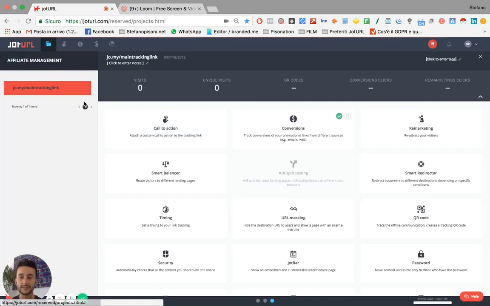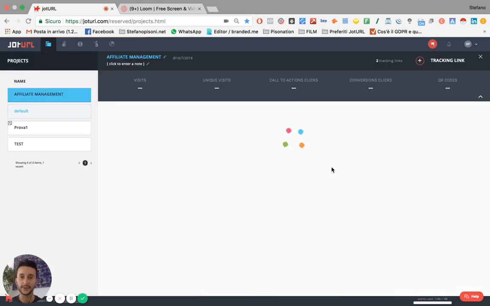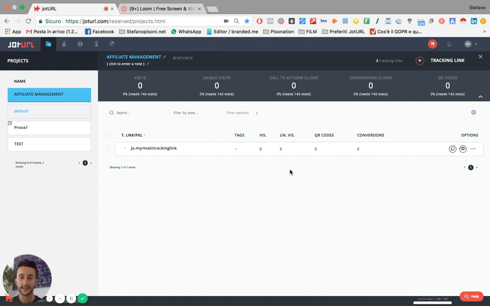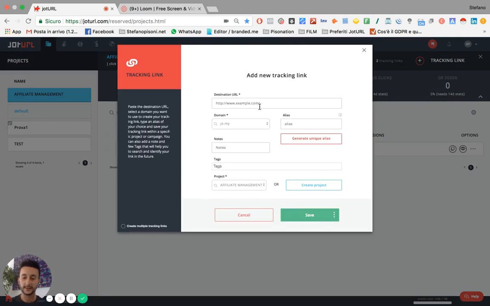Okay, we have just created the main tracking link that monitors all the conversions and the visits to your website. Now let's imagine that you have to create a new tracking link for a new affiliate. Okay, just click on the plus. Here you paste the main tracking link that tracks conversions as the destination URL, and then you just have to type